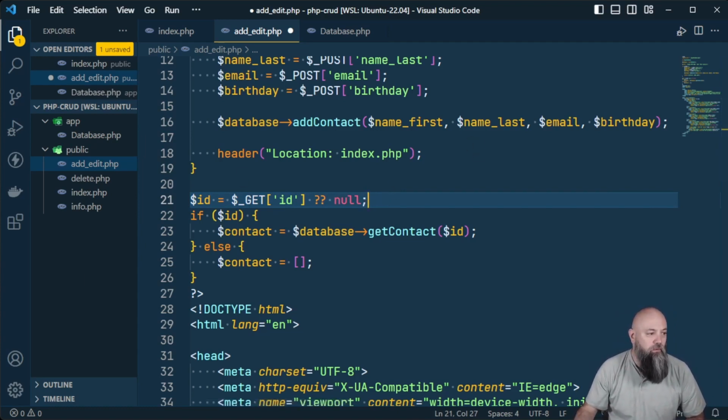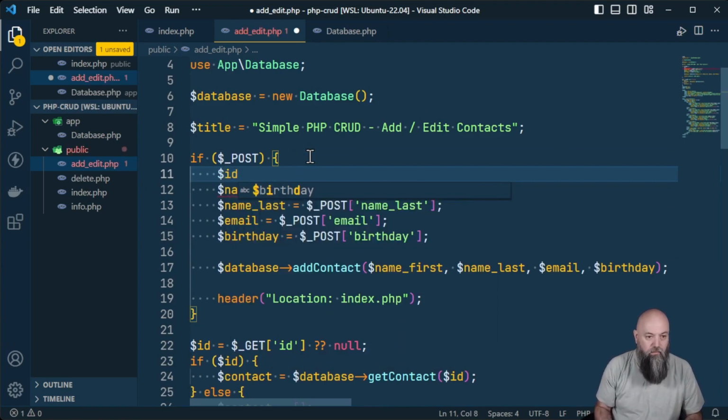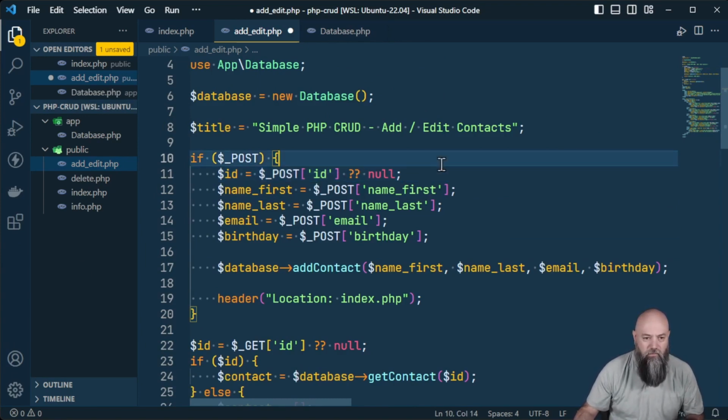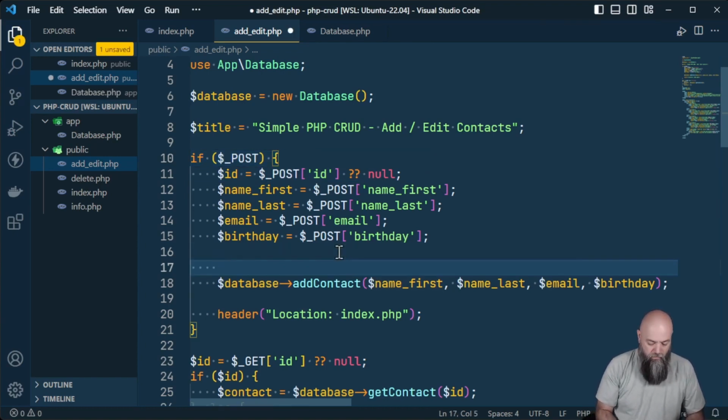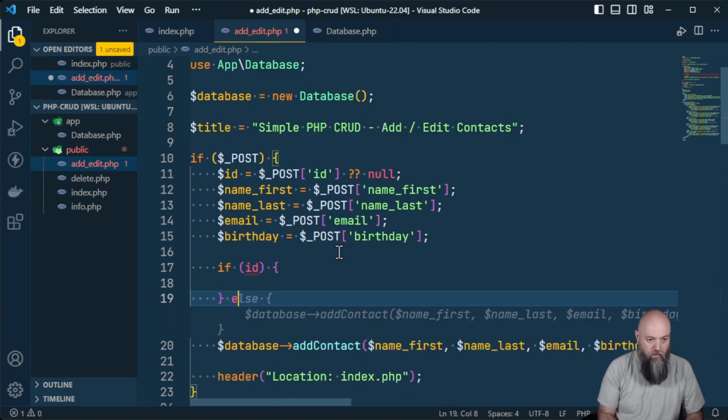Then what we need to do is up top here, we're going to load that ID in. ID equals post ID or null. It doesn't have it, but it's always going to have it. But it's good habit to do that. And then what we're going to say is, if the ID exists, we're going to do something, else